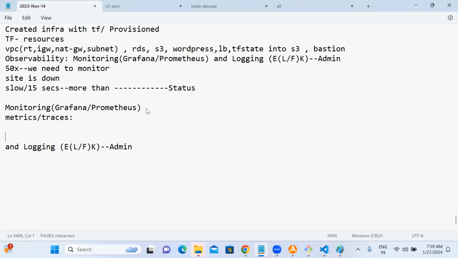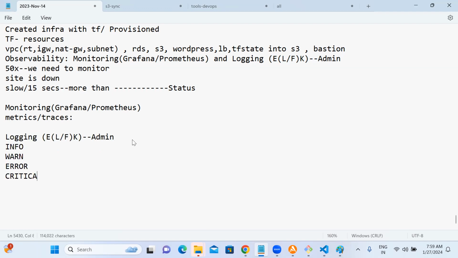In logs, you will have info, warn, error, critical, and parallel to that, you will have a line like started on 8080 port or started 80 service.